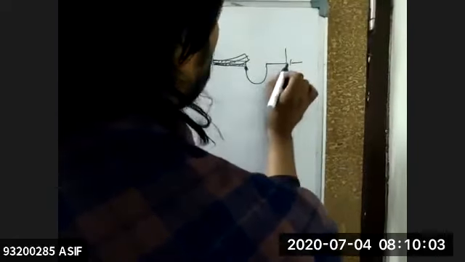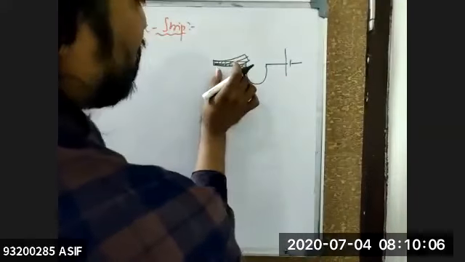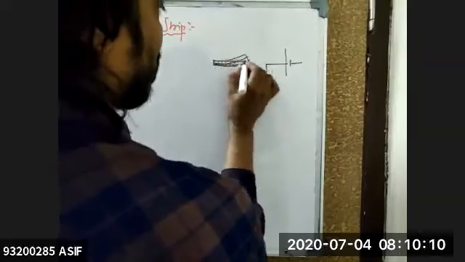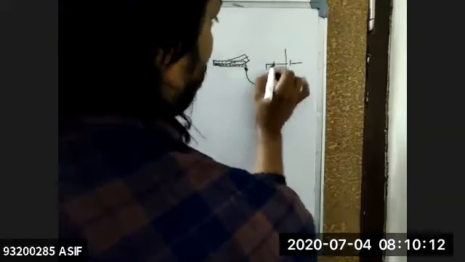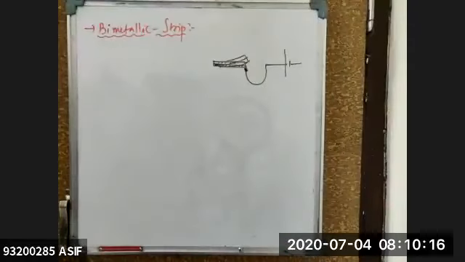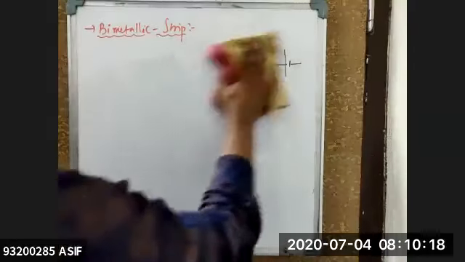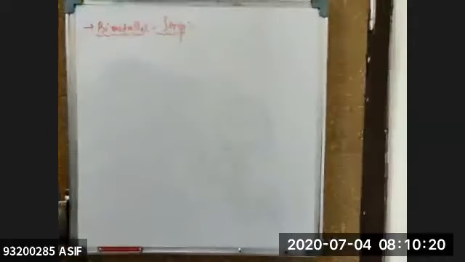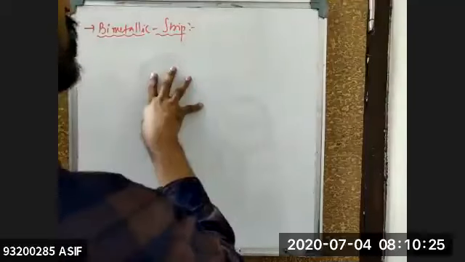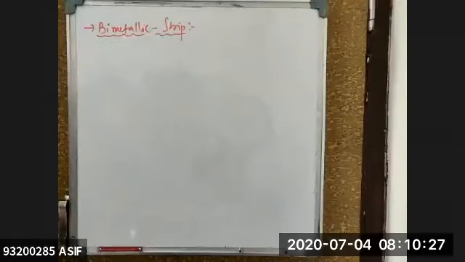The moment it gets disconnected from the circuit, what happens? The current will not flow in this one, so it will become cool. Once it gets cool, it will come back to the original position. So again it will get connected with the circuit, and there will be the flow of current. Because of that phenomenon, the iron box will get heated up on and off automatically. So indirectly, the bimetallic strip is nothing but an instrument which can be used as an on and off combination.